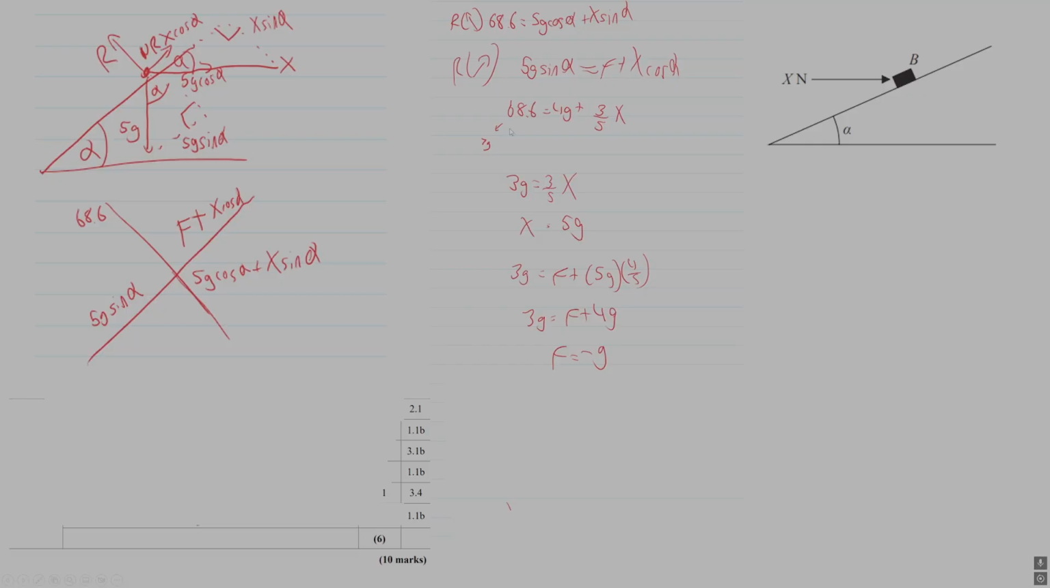I've just said that 68.6 is 7g, but you don't need to do that. And then from here, you can substitute the value of x into the second equation, where you can get f equals negative g, or negative 9.8. But because it says the magnitude of the frictional force, and also because you can't actually find the frictional force right now,